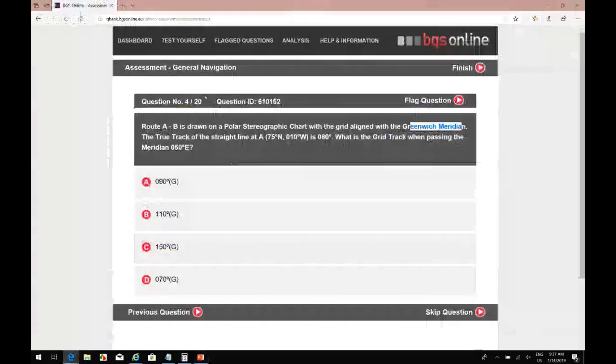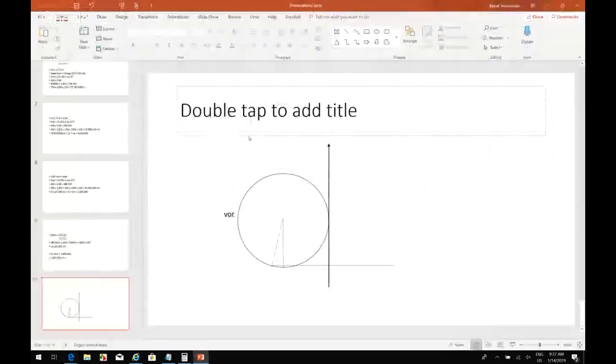And the grid track when passing meridian 50 east. So let's see, where is 50 east? 50 east is going to be just over halfway. What's about there? So if that's the meridian for 50 east, the grid track,